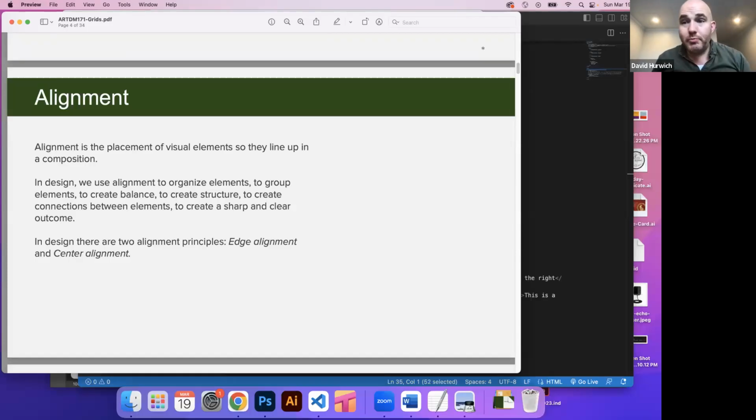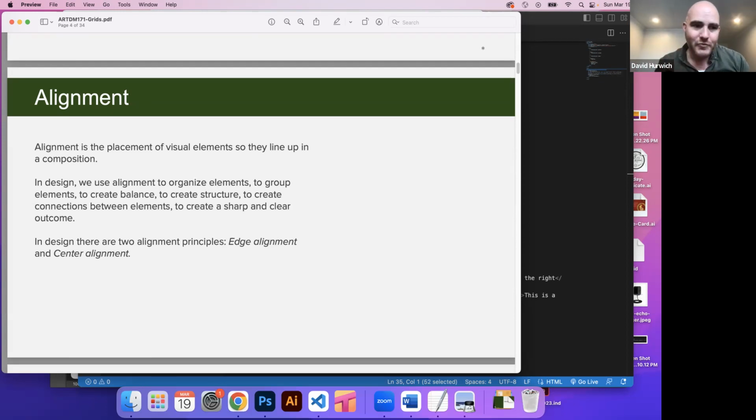All right, so before we talk about CSS grids, I want to talk about how grids are used in design. Okay, this is a general design concept. This is not specific to web development. The concept of using grids comes up in print layouts, poster design, all sorts of things. Okay, so I want to talk about these concepts, and then we're going to talk about how they apply in